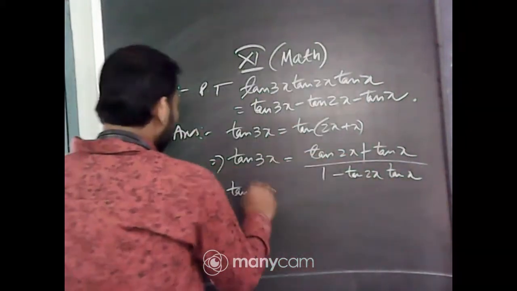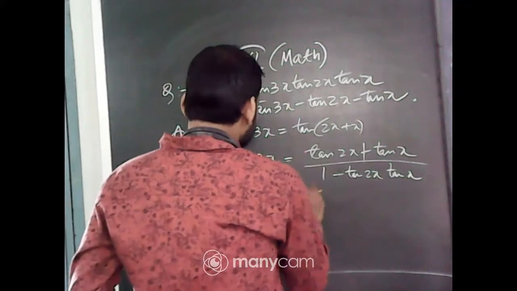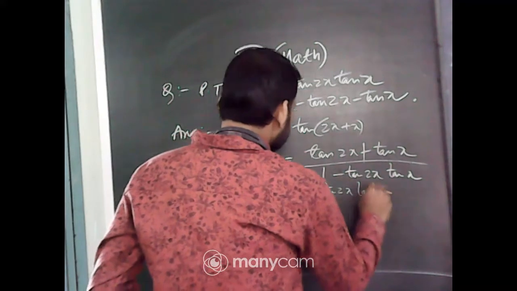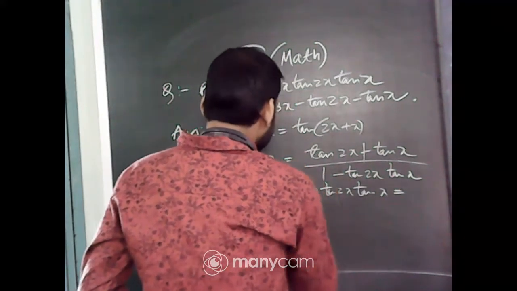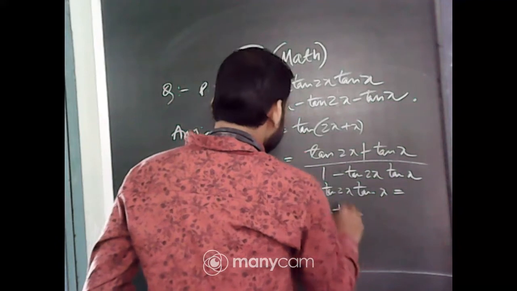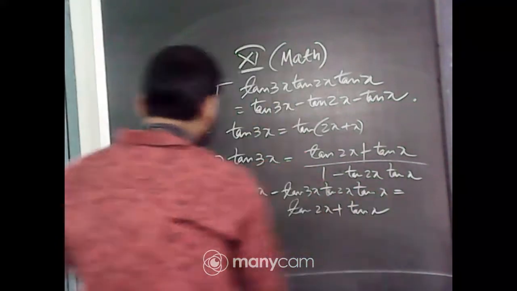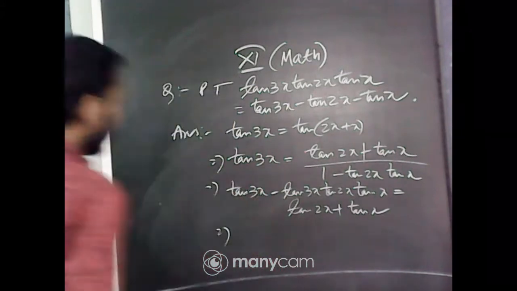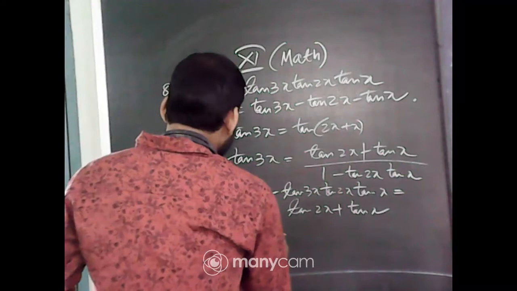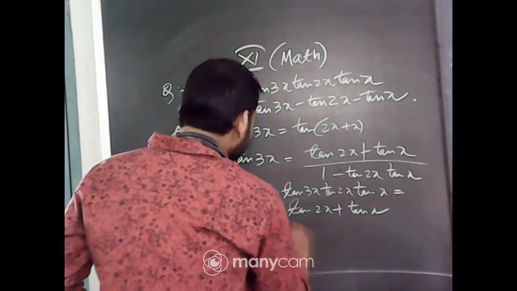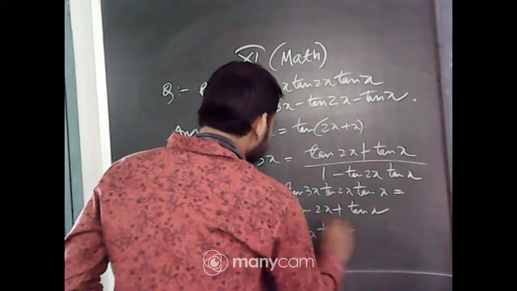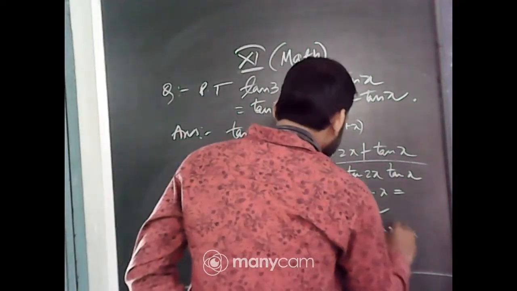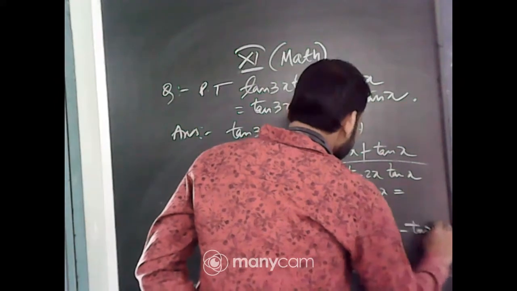So tan 3x minus tan 3x tan 2x tan x equals to tan 2x plus tan x. That means it will be tan 3x into tan 2x into tan x equals to tan 3x minus tan 2x minus tan x,